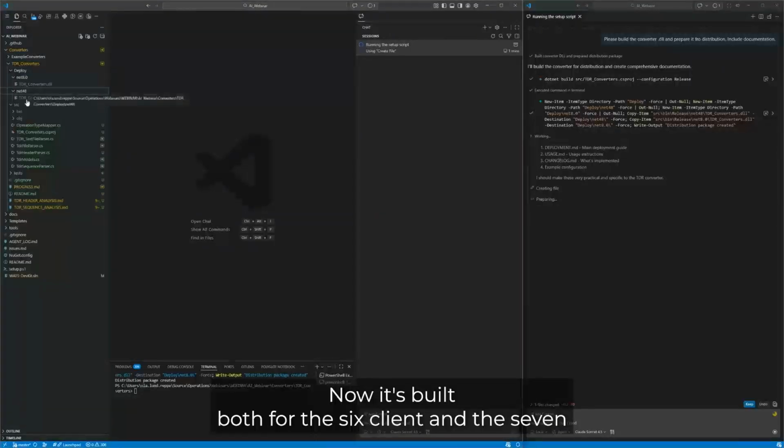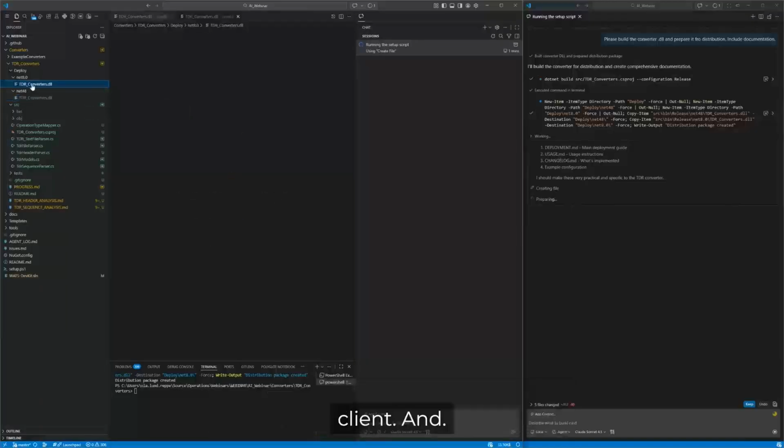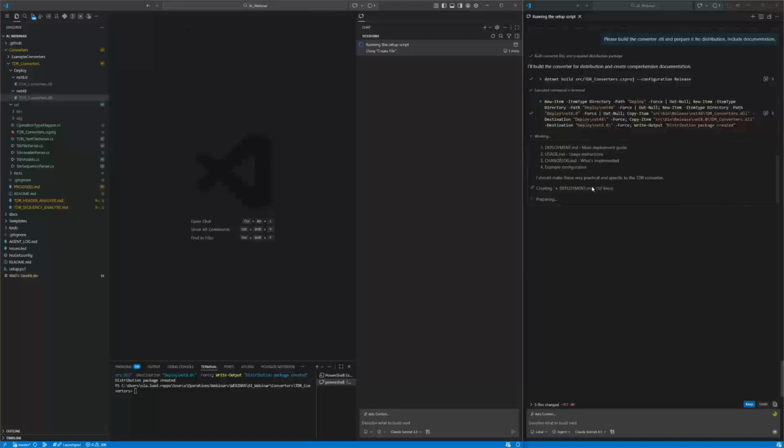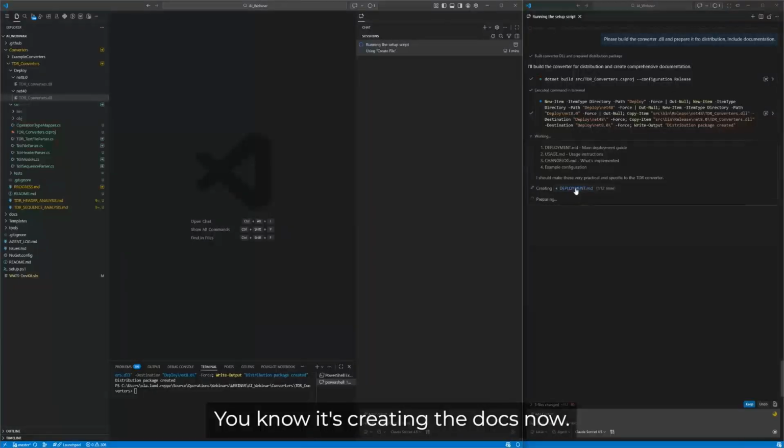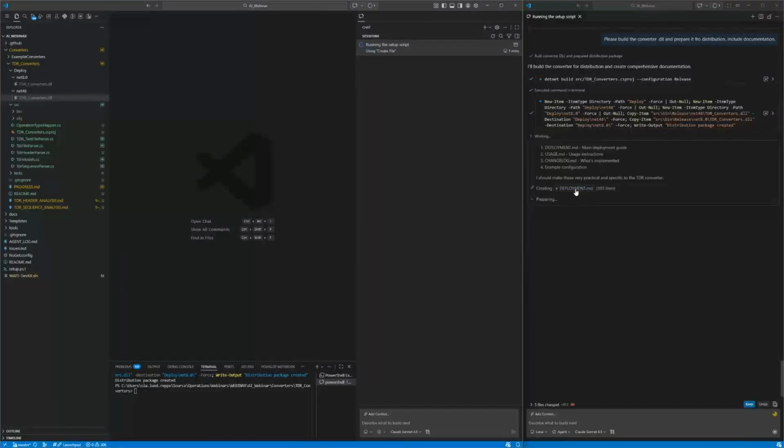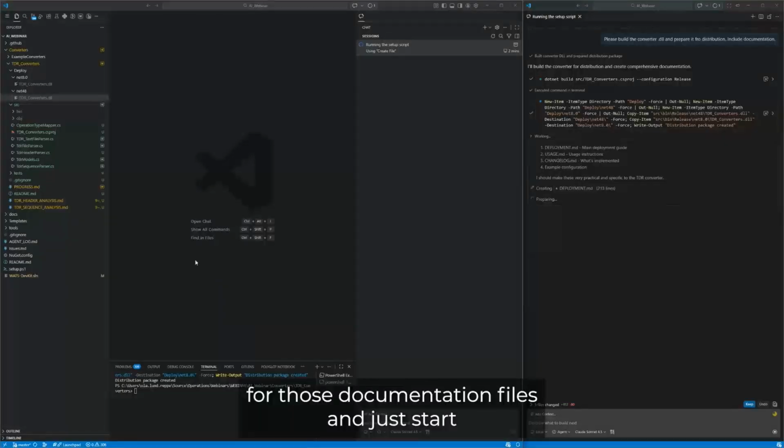Now it's built both for the 6 client and the 7 client. And yeah, it's creating the docs now. But let's not wait for those documentation files and just start